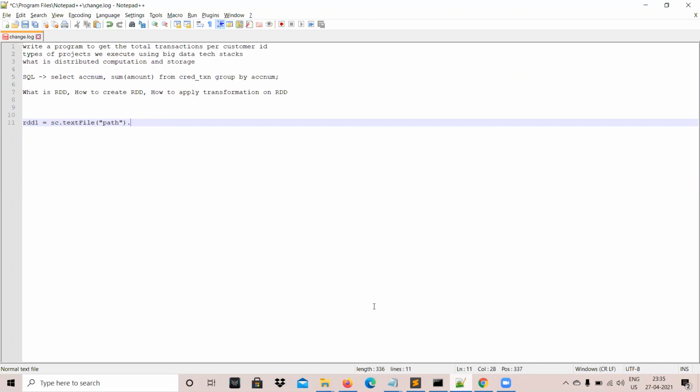Then you can say, maybe .map, and you pass some logic, and then .filter. Like that you have written this code.